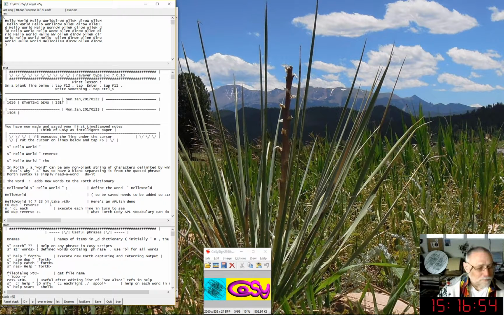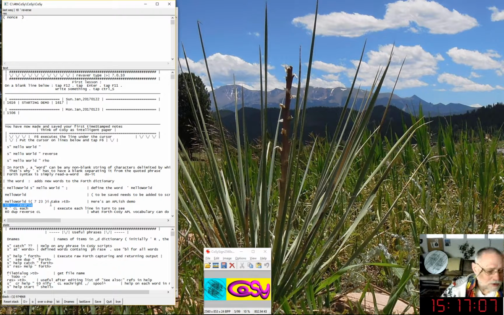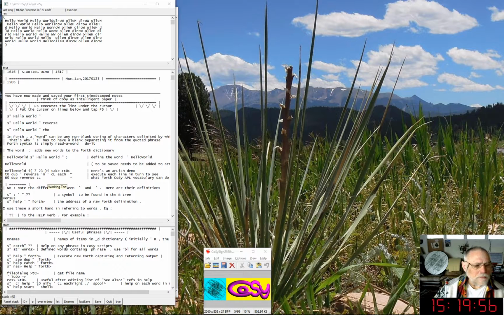If I want to, I'm going to take out the dupe here, because I just want to show you the result of the first half. Here, where it flipped each line over and stuck them together, and then if I take R0